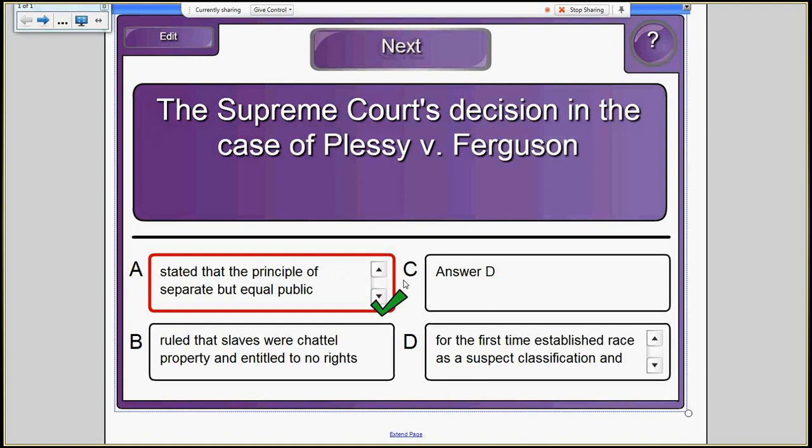Plessy doesn't immediately mean all areas will be segregated. It's a great example of what happens once one case is ruled on, then other similar cases will come before the court. So you'll have Jim Crow laws for public education, which the court will support. Segregation in public facilities, the court will support those. And with the Plessy decision, your only option, if you're an African American, would be to argue that the facilities were unequal. You could not argue that you would be desegregated. You can only argue that the facilities were unequal.